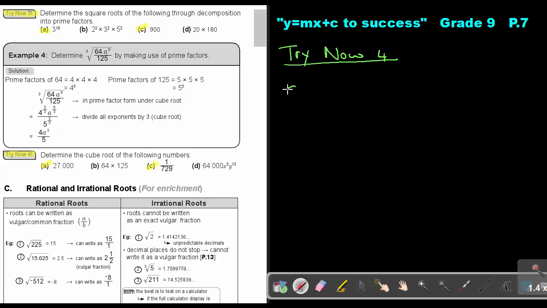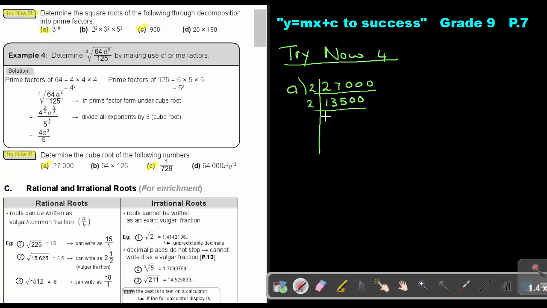Let's start with number A. Determine the cube root of the following. So first we have to work out 27000, and we're going to work out first the product of the prime factors. So if we divide it by 2, we get 13500. So we can divide it again by 2,